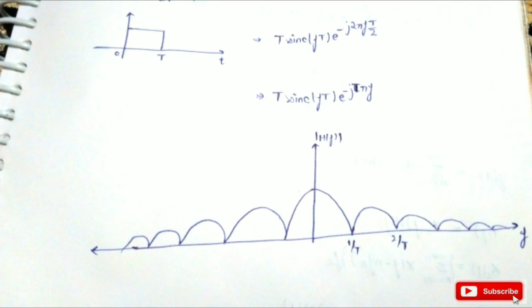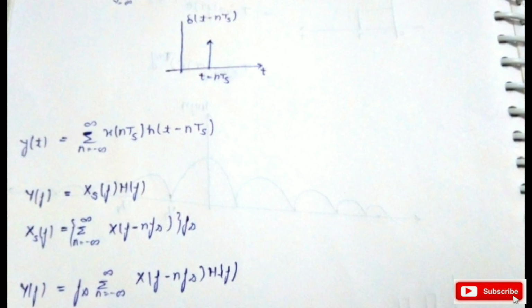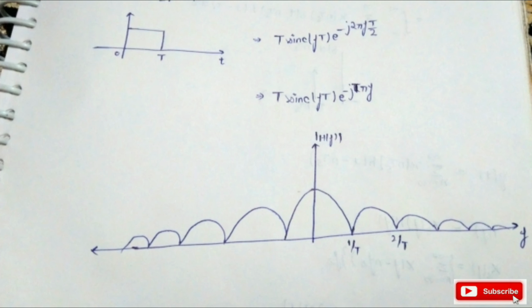If we draw the magnitude spectrum of this sinc function, it will look like this diagram. In the diagram, it is clear that at high frequency our amplitude is attenuating. So this sample and hold circuit will behave as a low pass filter, because the sampler output is multiplied with this sample and hold circuit. So the output of the flat top sampling is also attenuated at the high frequency, and this distortion is called the aperture effect. So there is also distortion in the flat top sampling.